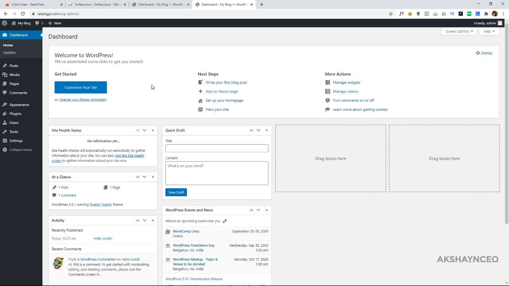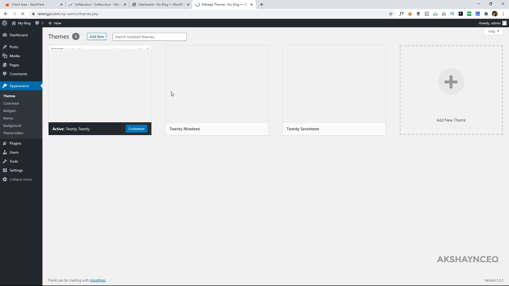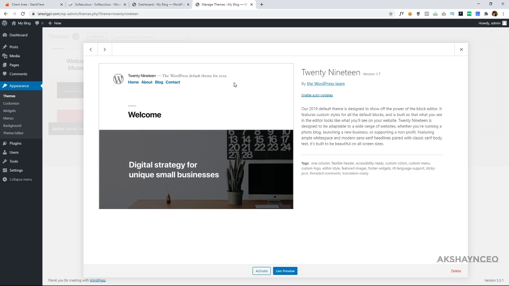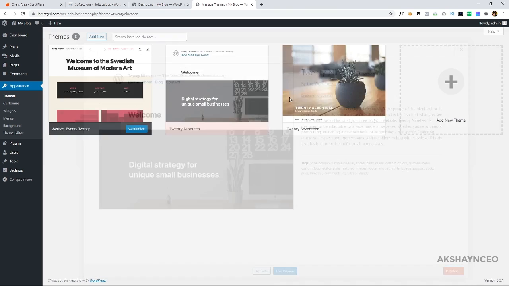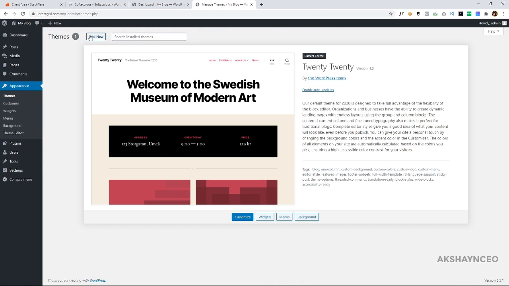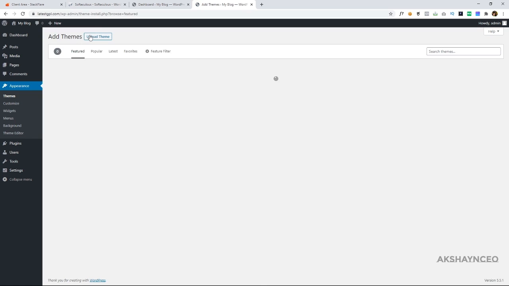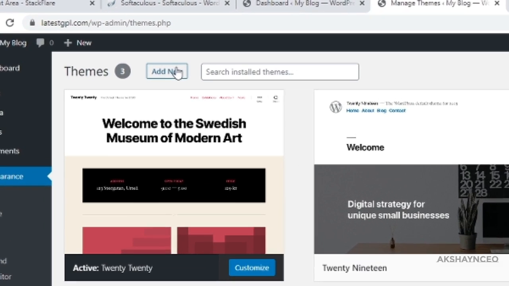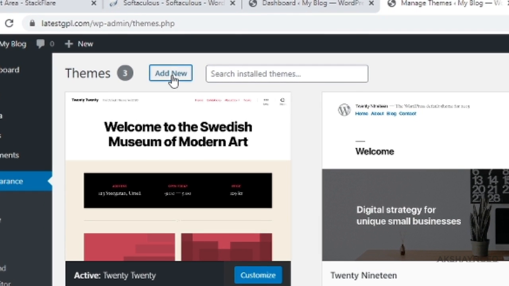Step number three, that's installing the theme and the required plugins for our website. To install a theme, go to Appearance on the dashboard, and I suggest you delete the other themes which we will not be using, so that the weight on the server will be low and the speed of the website will be high. To add a new theme, on the top left corner, click on add new